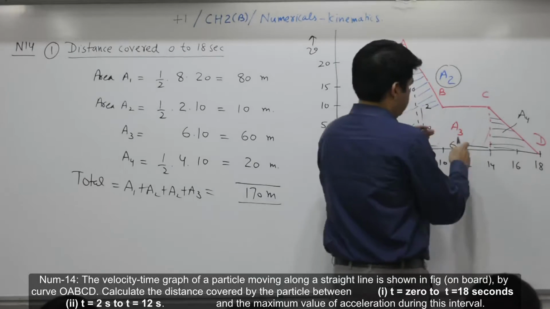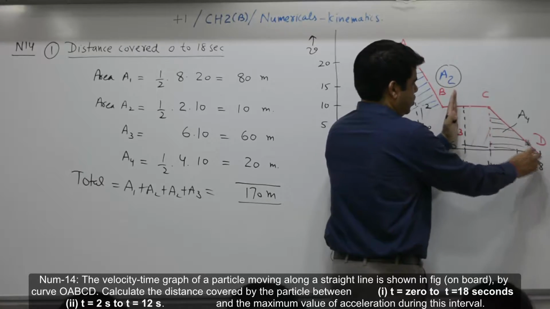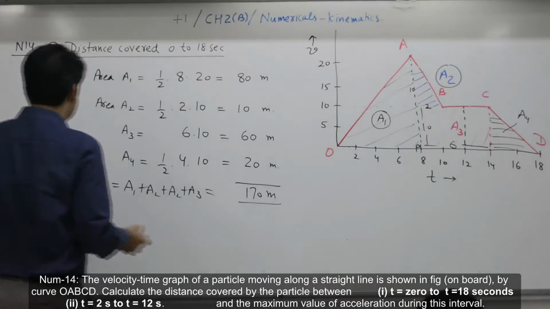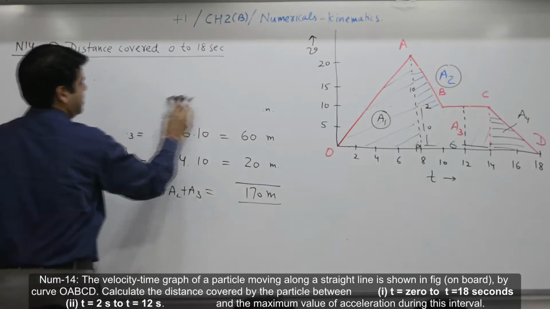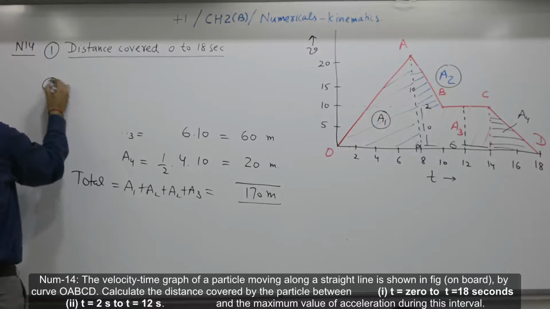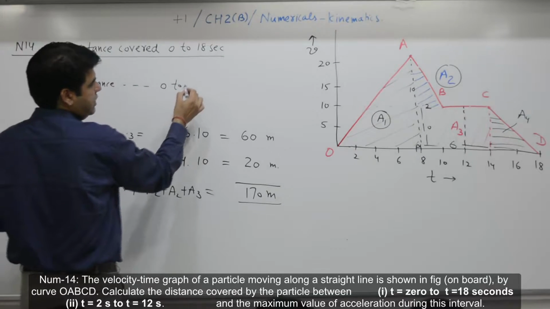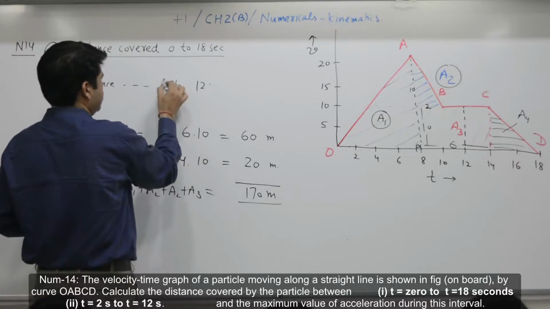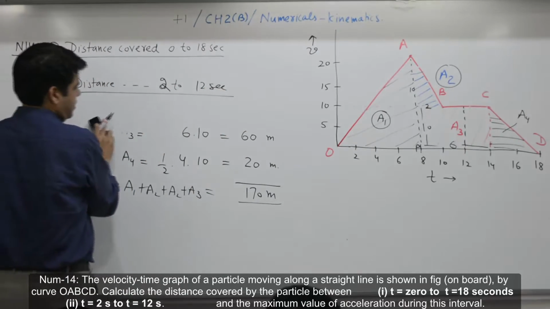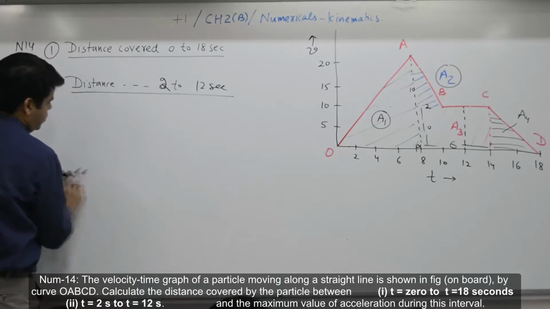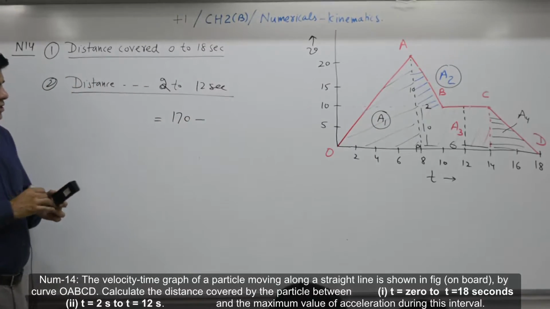Subtract this part, only this part, this area. Find this area is equal to what? That is the simple way to answer. Total minus distance covered in 0 to 2 seconds is equal to total area, how much? 170 minus, subtract